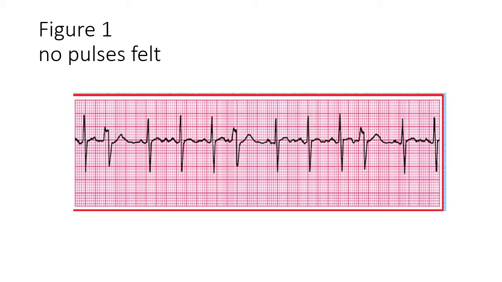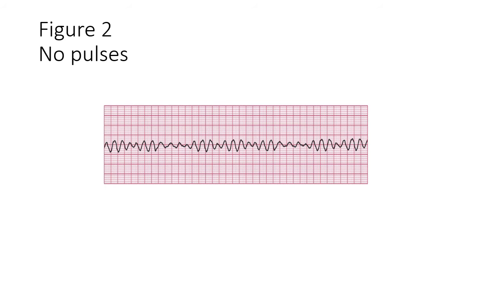So the question was that this was the initial figure 1 and then the activity changed to figure 2. So let's go to figure 2. This is figure 2. No pulses are felt and we can now see that this activity is basically ventricular fibrillation, and pulses are always absent in ventricular fibrillation. So the scenario has now changed. Initially the child had some activity on the monitor which looked like some sort of organized activity, but now it is like this.